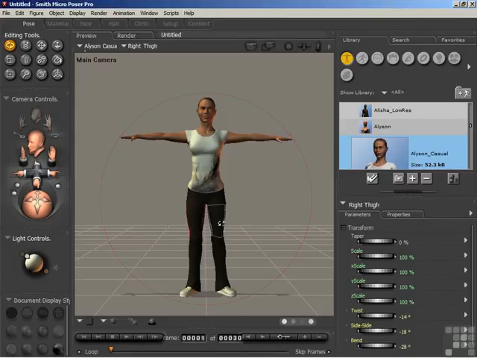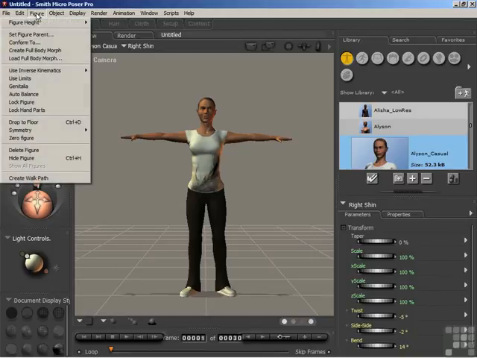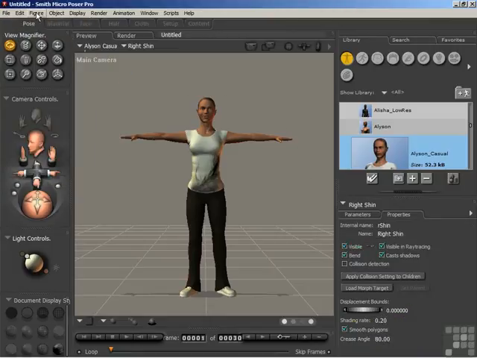This is because Inverse Kinematics is turned on, and this is kind of simulating a figure standing on the ground. Once your limbs are kind of locked in position, you can't normally twist them when you're moving other parts of your body. So if you want to adjust parts of the limbs, you have to turn off Inverse Kinematics for that particular limb. So I'll come up to the figure menu, and I'll turn off the left leg Inverse Kinematics